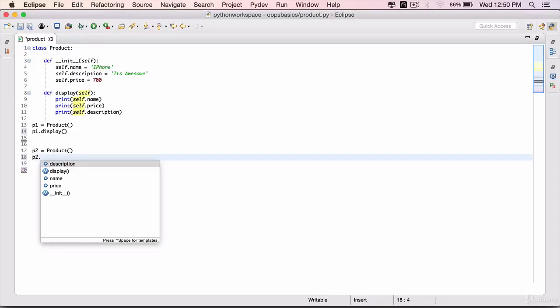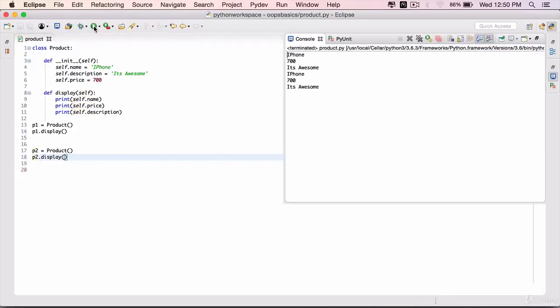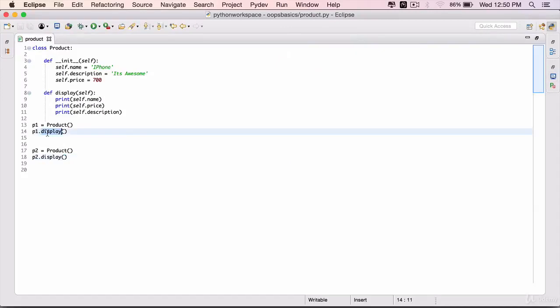p1 dot, and PyDev will show you all the available options. Select display. Display is the method we have created here. And if you look at this, you need not pass anything. This self is automatically passed by Python virtual machine at runtime. p2 dot display. Run the program and we still get the same output, but this time we are not printing